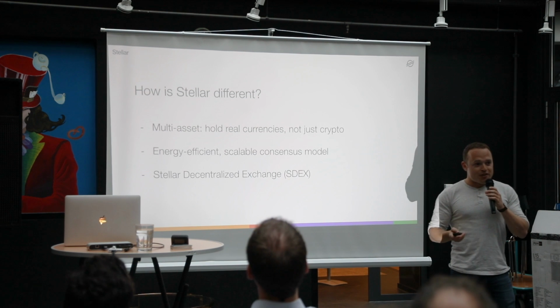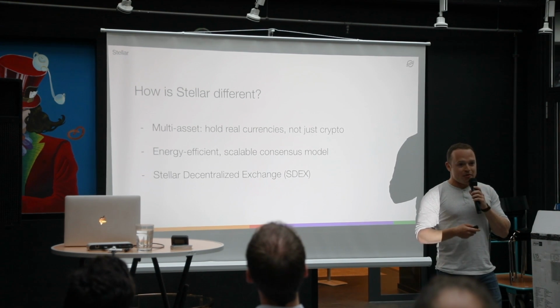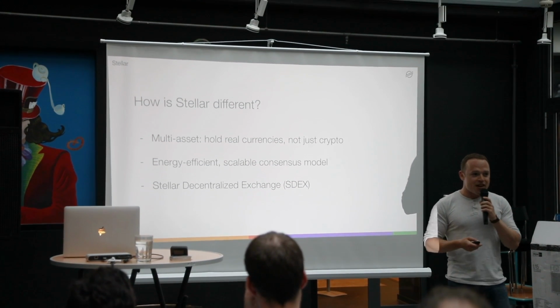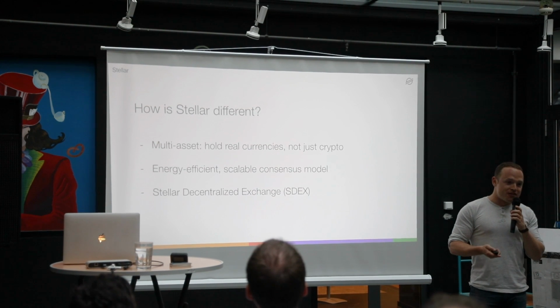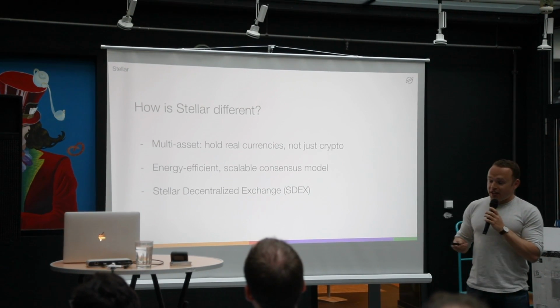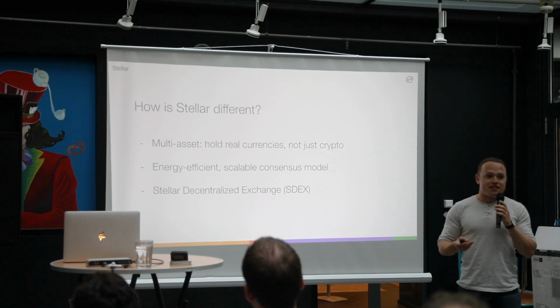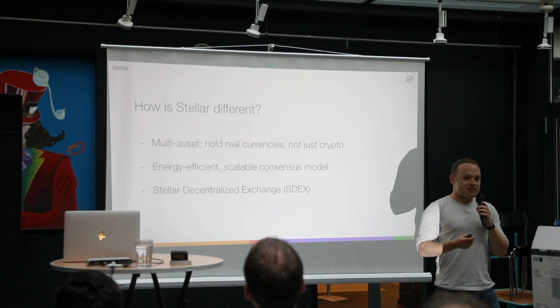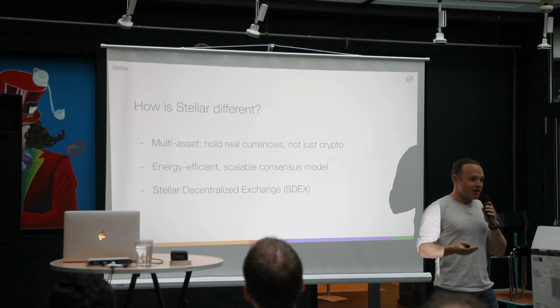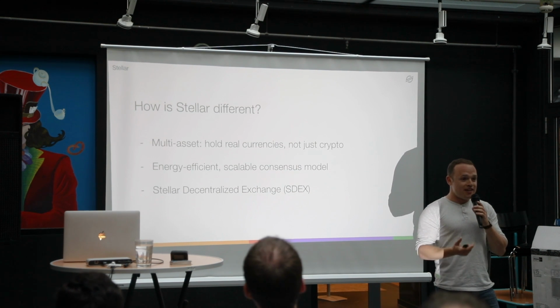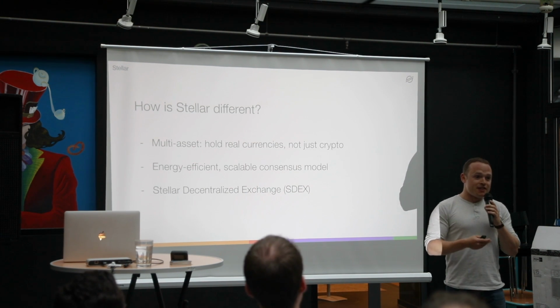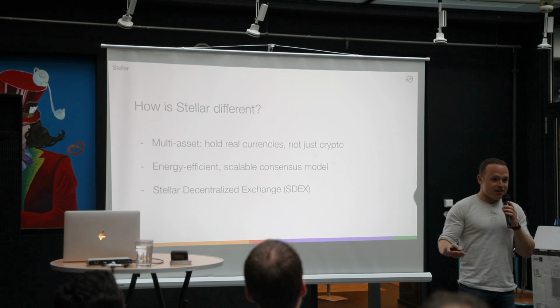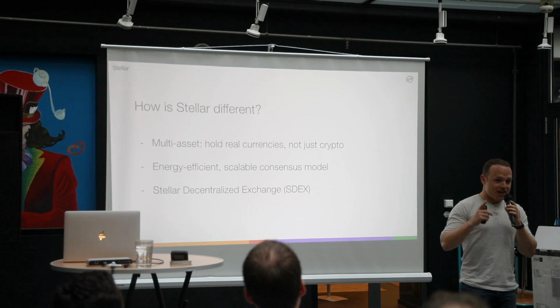And so if some of you are more familiar with something like Bitcoin or maybe other decentralized technologies, what makes Stellar different? There's a few reasons. These are just three of them. One is that it allows you to represent multiple types of value. So not just cryptocurrency. For example, the Bitcoin network only has one asset on it, Bitcoin. In Stellar, you can have Bitcoin, you can have dollars, you can have Boris coin, which I highly recommend.